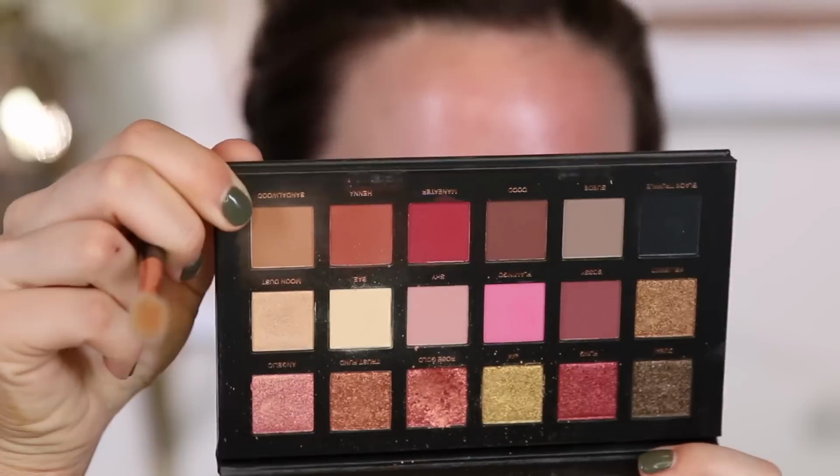I'm going to use the shade Bay, and I'm going to put this all over my lid. I really like Huda Beauty's products. I think she has awesome stuff. So I'm taking it all the way in the inner corner, and I'm really just making sure that that primer is set. Now what I'm going to do is take the shade Sandalwood here in the palette